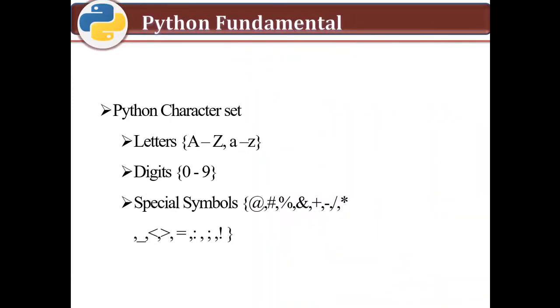So first of all, character set. Character set is a set of valid characters that a language can recognize. A character represents any letter, digit or any other symbol. So Python supports the Unicode encoding standards. That means Python has the following character set: the letters from capital A to Z and lower a to z, digits from 0 to 9, and special symbols like space,